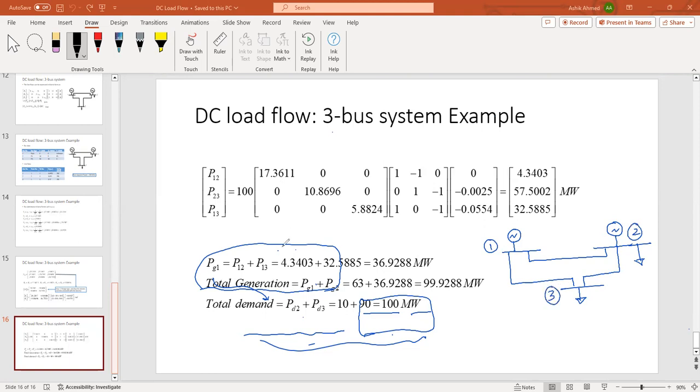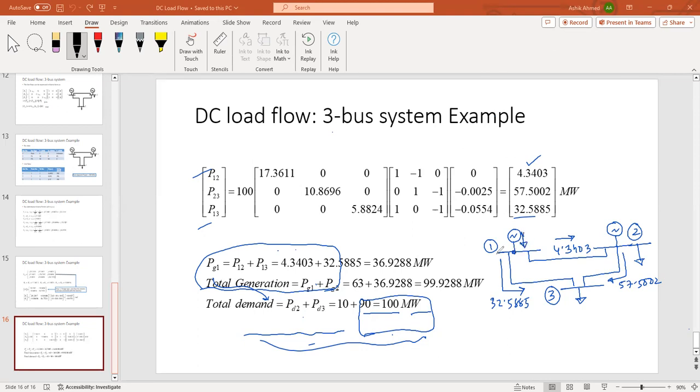So now we know P12. What is P12? This is P12, 4.3403 between bus 1 and bus 2. What is P23? P23 means the direction is from 2 to 3, 57.5002. And what is P13? From 1 to 3, which is 32.5885. So now we can apply a KCL at this node number 1, and you can find out the power